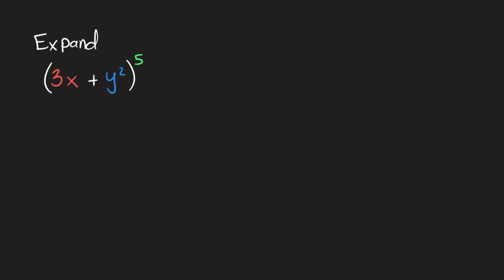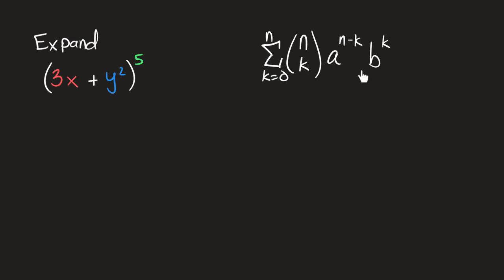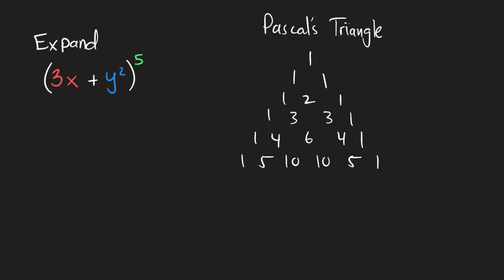I was recently working on a problem like this, a pre-calculus problem where you have to expand this out to some long polynomial, and you're often given the binomial theorem, which is this mess, and you then have to identify the n, the k, the a, the b, and all this stuff. And I was thinking, yeah, there's got to be an easier way than this, and there is, and it's called